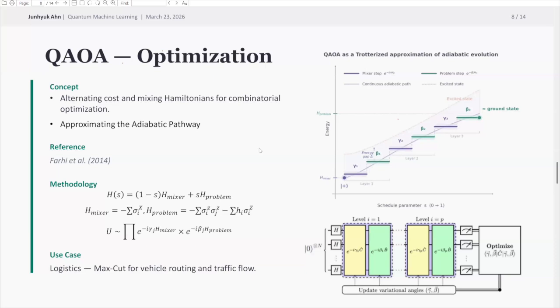So in each step, we apply a unitary gate corresponding to a time evolution on the mixer Hamiltonian for a duration of gamma j, and then it's the same for the problem Hamiltonian for a duration of beta j. The goal is to optimize the time durations gamma and beta so that we can accurately approximate the adiabatic pathway